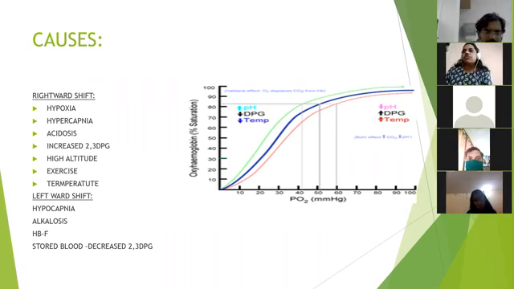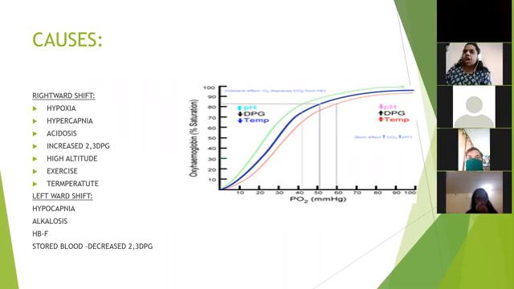Whenever there is hypoxia, there is an accumulation of carbon dioxide, due to which there is acidosis also. So these two are also reasons for the unloading of oxygen. During hypoxia, there is an increased amount of glycolysis, so increased 2,3 DPG. That is also a reason for unloading of oxygen for more cellular respiration. Then at high altitudes where there are low pressures, there is more requirement of oxygen at the tissue level. During exercise and during high temperature, there is a rightward shift of the oxygen hemoglobin curve.